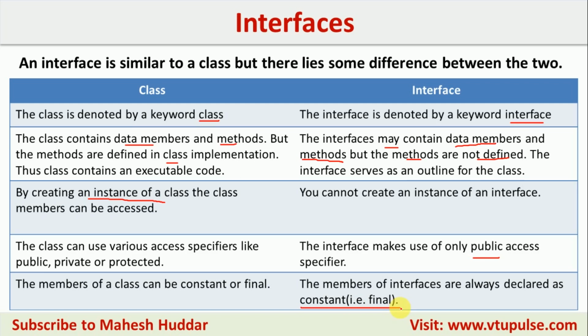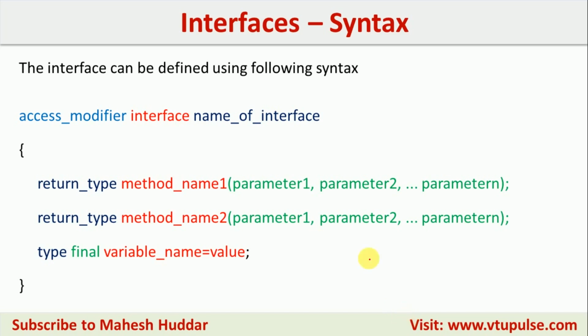Now we will see what is the syntax to create an interface. So this is the syntax to create an interface. Very first thing is we need to mention the access specifier, that is we need to mention public here, followed by the keyword, that is interface here. After that we need to mention the name of the interface. So you can mention anything here, but make sure that it is unique within your program or a project in that case. Here the interface starts and here it ends.